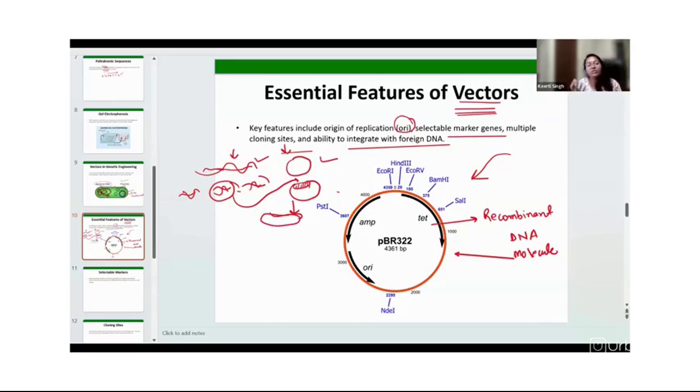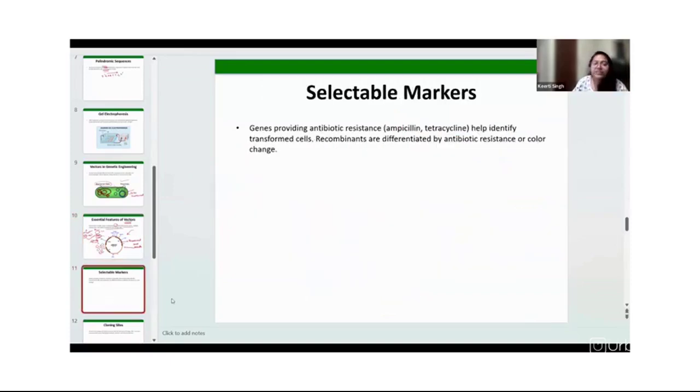Why host? Because the host accepts this DNA, right? And after that, when this host divides into multiple numbers, since this plasmid is coming from bacteria, the host organism must be bacteria. So when this bacteria divides n number of times, our DNA of interest will also get duplicated, replicated n number of times, right? Okay. So after this process, we have bacteria,